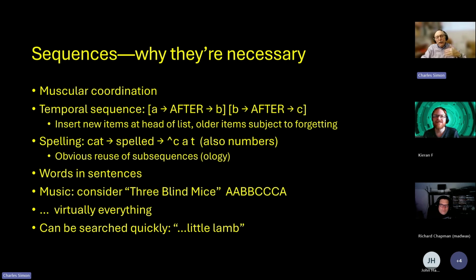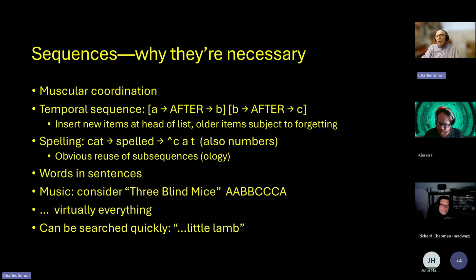And so you have to have in your brain tables of, if I want to say cat, there's a cuh sound, and there are 50 muscle contractions to make that, and then there's the ah sound, and then there's the tuh sound. And you have to be able to have a sequence that happens after this set of muscle contractions and that set of muscle contractions following that set. That's the only way your brain can do it, because your brain is so slow. If you're building a robot, you don't have to think in those terms, although if you do, you get a better idea of the way the brain works.